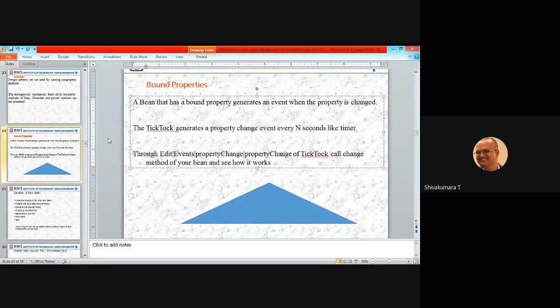This is one simple example, the TickTock example, for a bound property. When a second ticks, tick, again tock, tick, tock. Right?